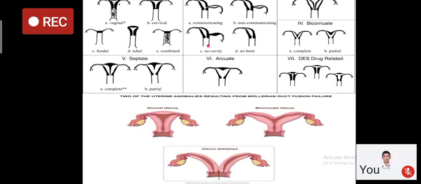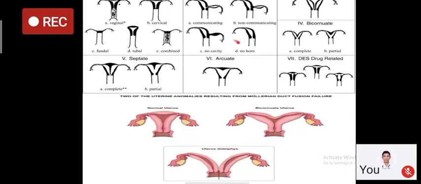Here is what you can get: there is no cavity, and transmigration can occur, and that can lead to a pregnancy in the opposite tube. So when you are getting this type of picture while doing laparotomy or laparoscopy for ectopic pregnancy, you should transect this cavity also to prevent future ectopic pregnancy.